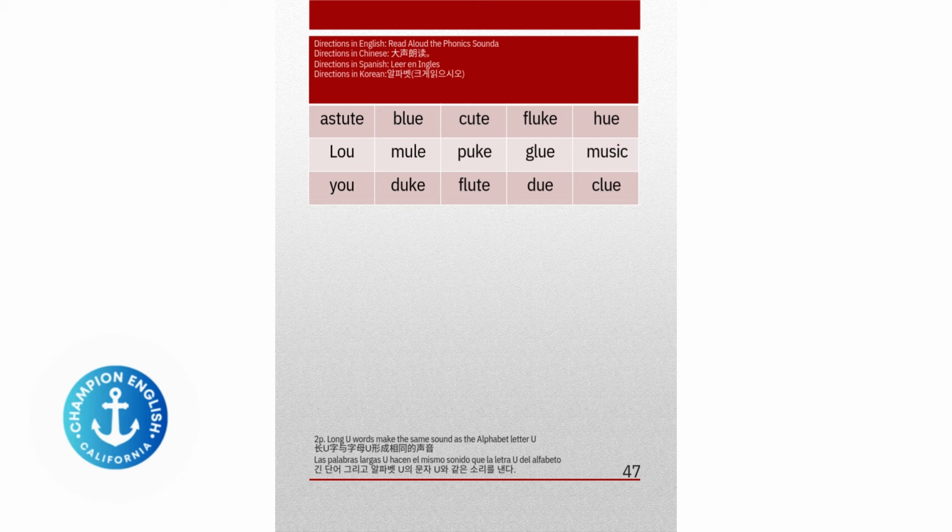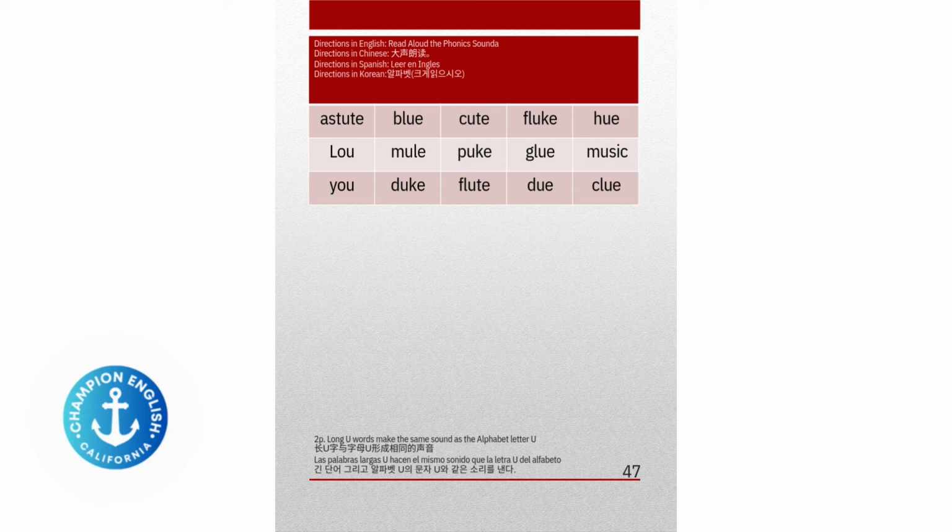blue, cute, fluke, hue, loo, mule, puke, glue, music, you, duke, flute, do, and clue. Okay, now let's take our time and let's sound out each word like we're reading a new